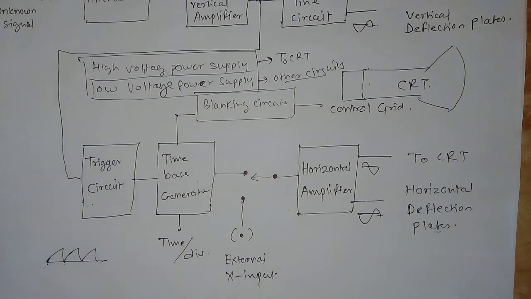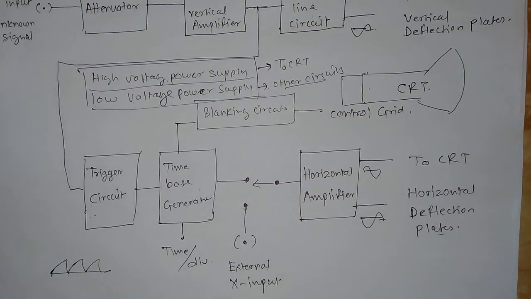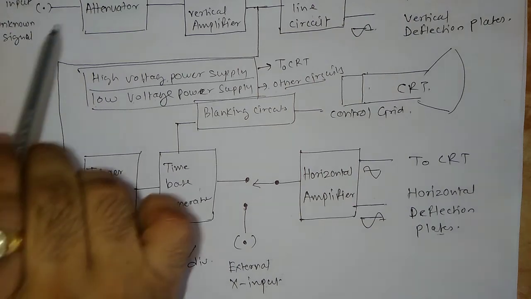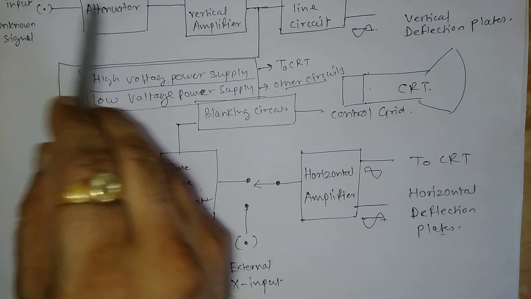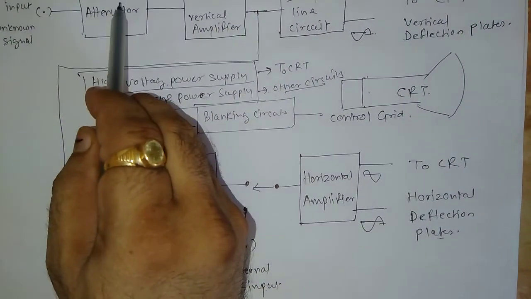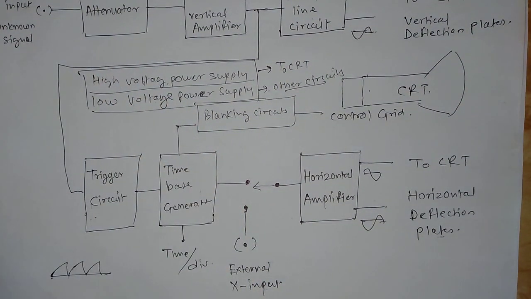Now this can be explained with the help of blocks. In the exam, it will be asked to explain the block diagram of the CRO. At that time this diagram should be drawn, and each block should be explained separately, that is, the attenuator, vertical amplifier, delay line circuit, and so on. While explaining a block, we have to understand where the input is coming from, where the output is going, and what the function of the block is. These three points must be known to explain all the blocks. So that can be explained using this diagram.